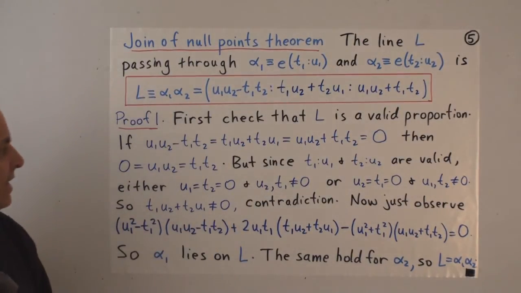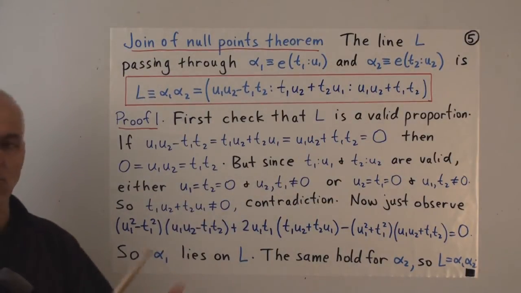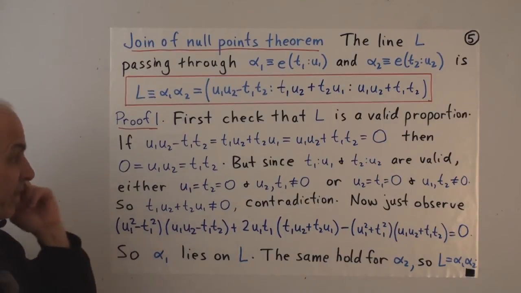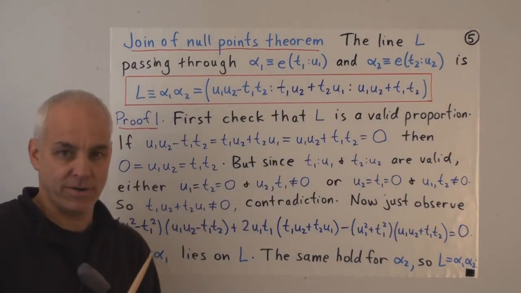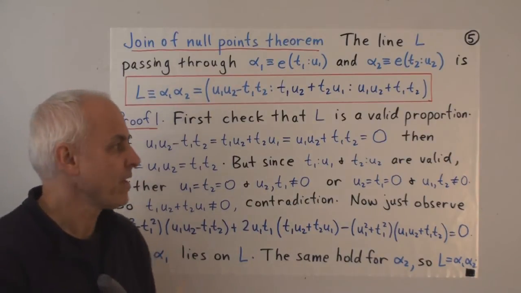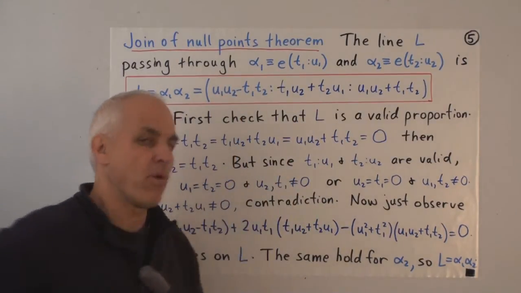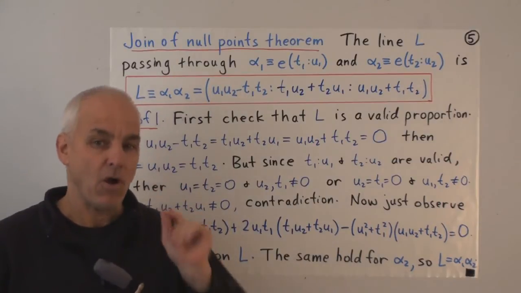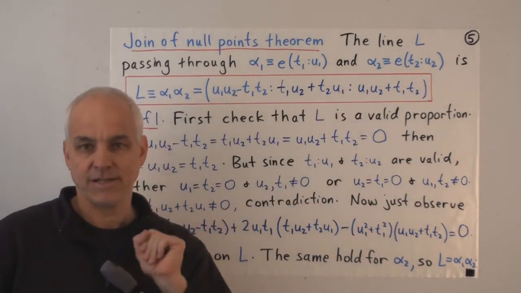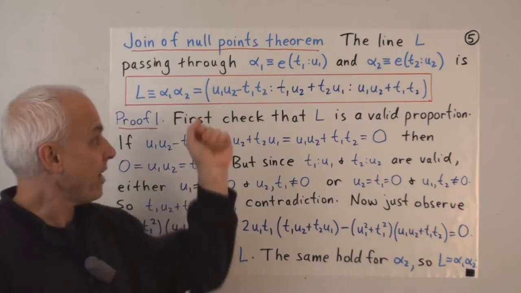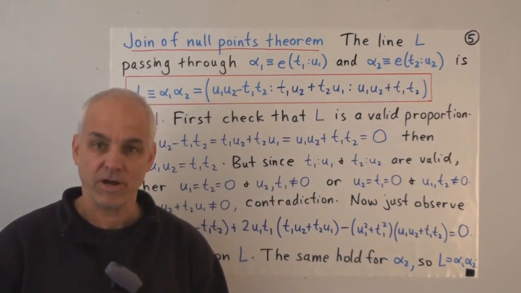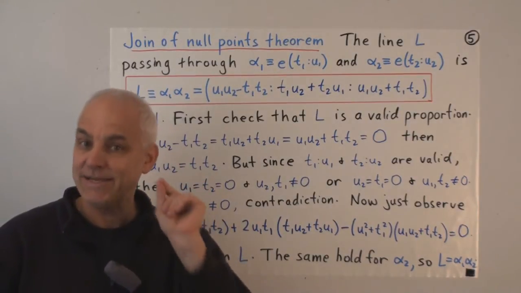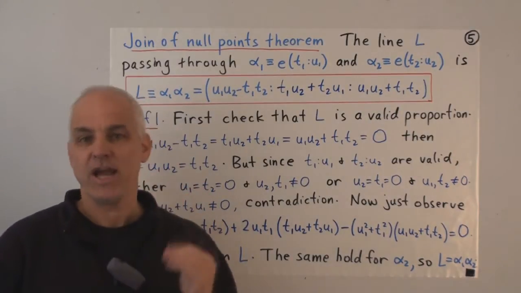All right, so the first one is, let's just take this formula and check to see that it works. The first thing that we really ought to do is to check that this is in fact a valid proportion. What does that mean? Well, if you just write down an arbitrary proportion, you really ought to check that all three of those entries are not zero. I remind you that a proportion like this, the entries can be completely arbitrary, but they are not allowed to all be zero. So let's check that in this case,